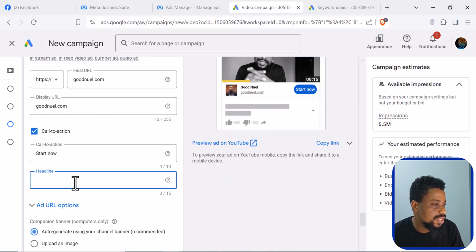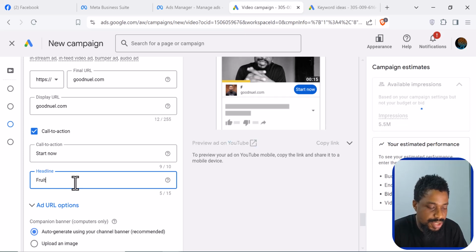Then you can start adding a headline. Your headline is what people are going to be seeing. Let's say we want to sell fruit cake, you can say fruit cake. Again, if you are struggling for headlines, you can go to ChatGPT and ask it to help you generate headlines for Google. So I'm just going to say fruit cakes at its best. So you add multiple